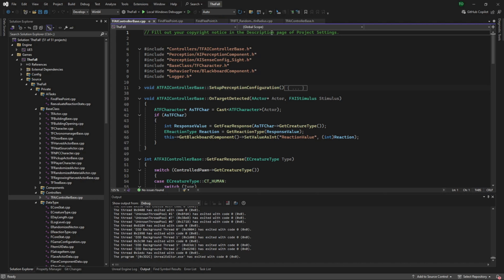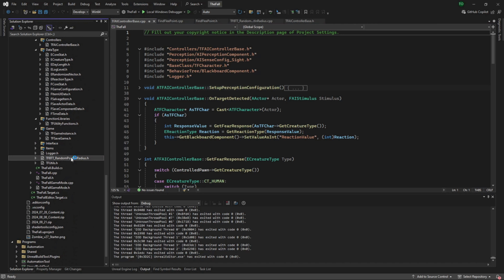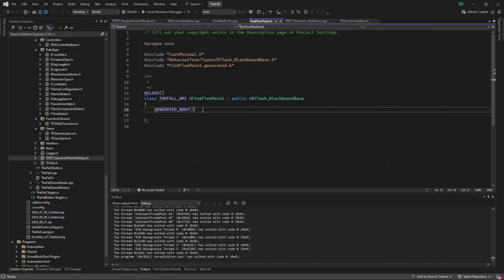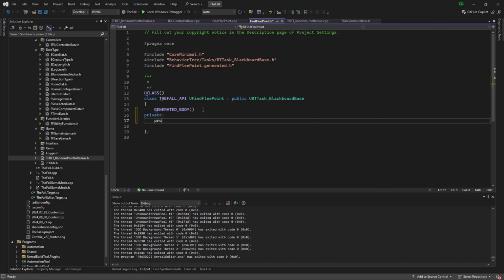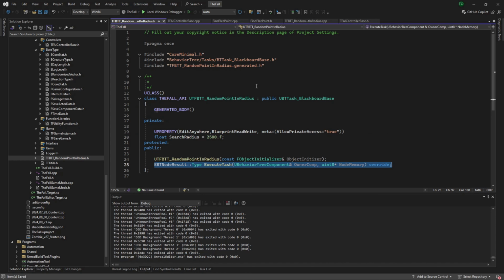All right, so what we're going to want to do here is, to start with, we're just going to copy some of the information we have in our random point and radius, because there's certain things we need to basically duplicate. The execute task, that is straight away one we need to do. Let's get this set up though. Private, protected, public. So we need our execute task, because that is the given. That's what happens when the function is called. And we need our